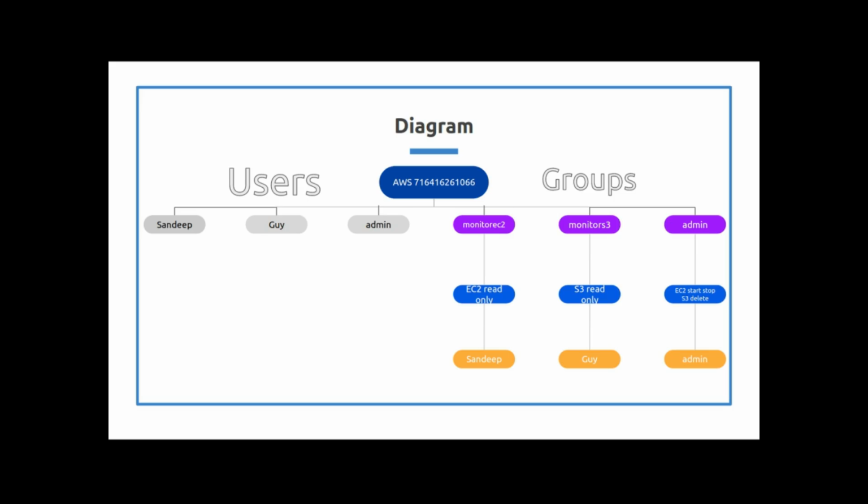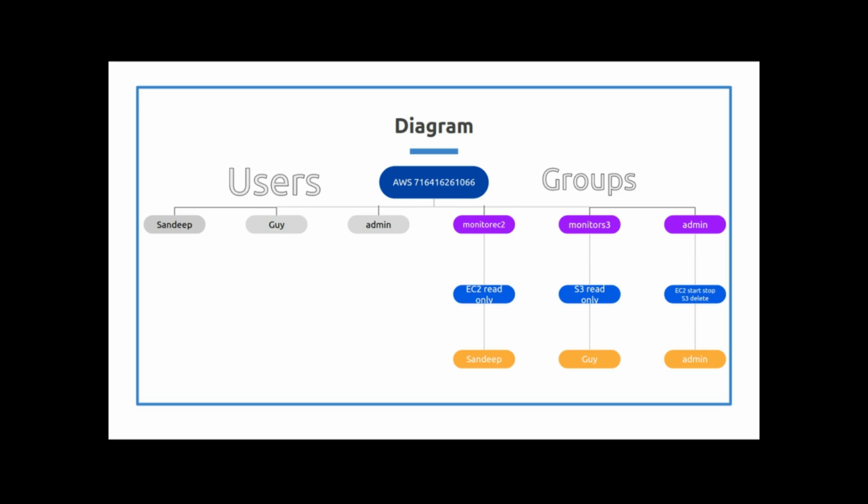And then we'll have an admin group where you can do anything. You can shut down EC2 instances, delete EC2 instances, delete S3 buckets. You get totally free range of what you need to do.